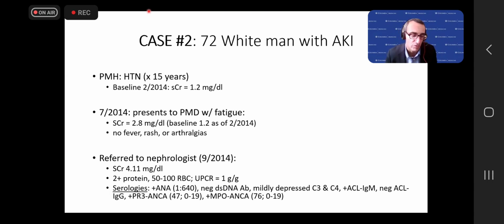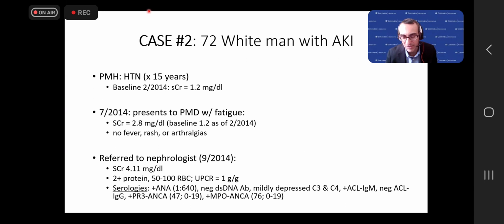Does not see the nephrologist, unfortunately, until September of 2014. And at that point, the creatinine is up to 4.1. Urine shows proteinuria, hematuria, and the serologies that are sent from that nephrology visit are positive for an ANA, mildly